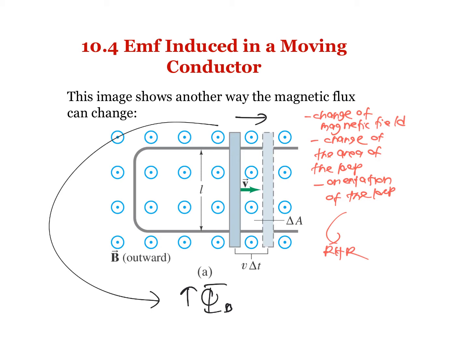Use the right hand rule, FIB, or here we can use FVB. Because inside this rod there are definitely electrons, so V, and the magnetic field here is towards you,